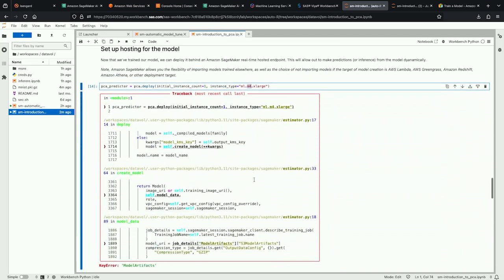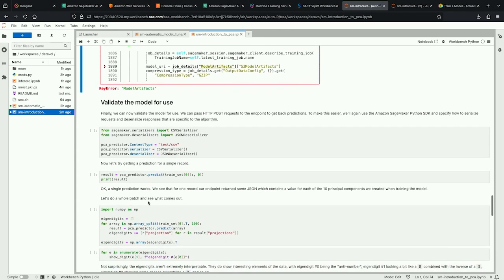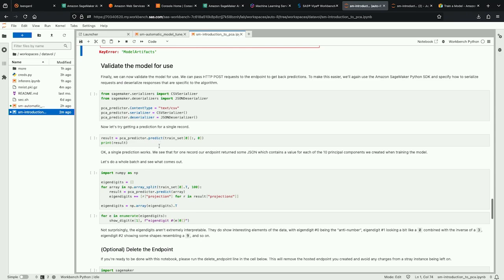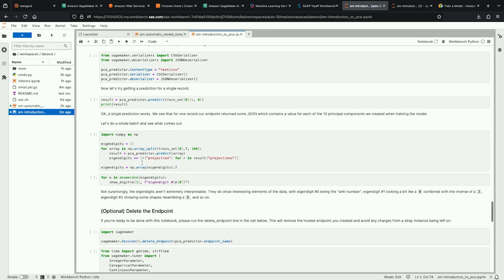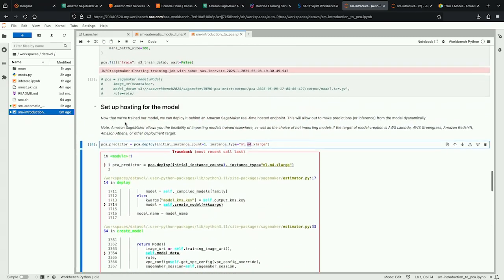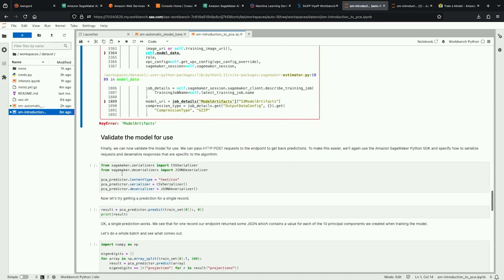Yeah. So I think I have to debug this one, but essentially that's the last step, right? You can validate it, and then using your predictor, you predict. The way you actually call the endpoint is, when you deploy the model, it becomes a predictor. In this case, there is a bug. Then you use that predictor to be able to run inference.